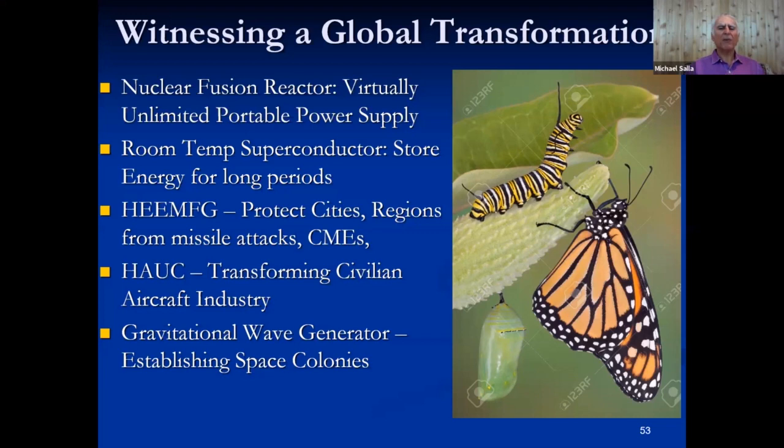The high energy electromagnetic field generator. This can protect cities, regions from missile attacks. This is a transformation in itself, right there, very important. We are transforming from a mad society, a society of mutually assured destruction, where major powers like Russia, the United States, China can threaten the whole planet with nuclear extinction by unleashing nuclear Armageddon. Now, with this high energy electromagnetic field generator, you can protect cities, you can protect regions, you can protect even an entire planet